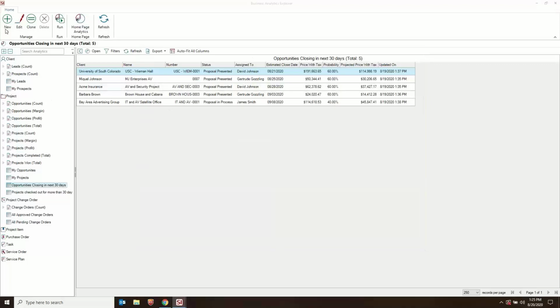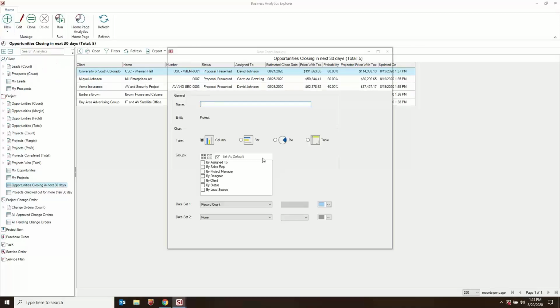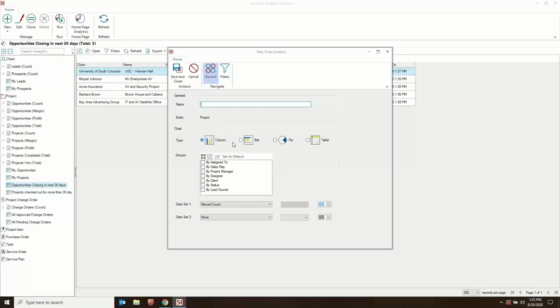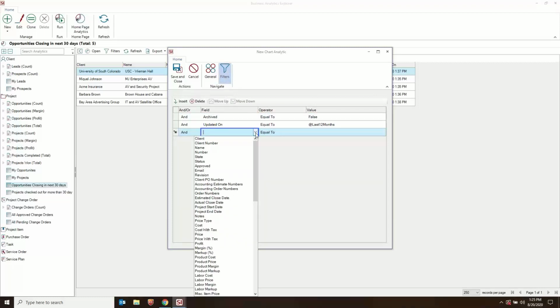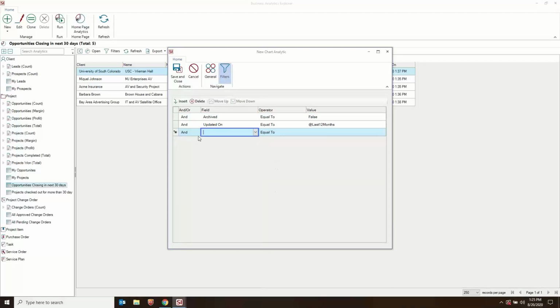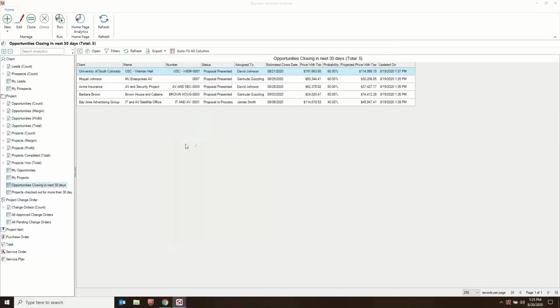Now, if you're doing a chart type, for instance, it's slightly different. We'll do a chart for a client. So this is the one that's like a graph. Give it a name. You can choose different types: bar, pie, or table. We have here, in this case, the groupings that are allowed for a chart style. And then the filters. The filters are the same, though. You're going to come here and build a query, which gives you the power to really, again, narrow down the data that you're looking for. So